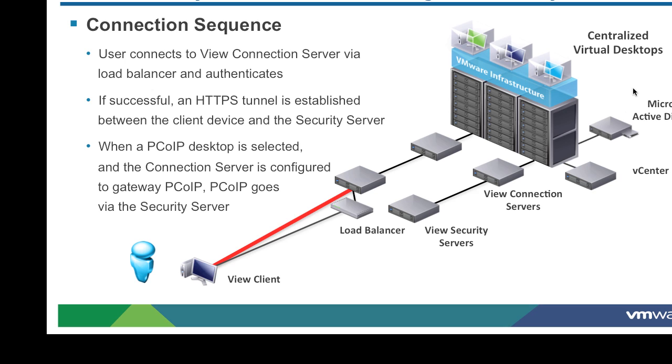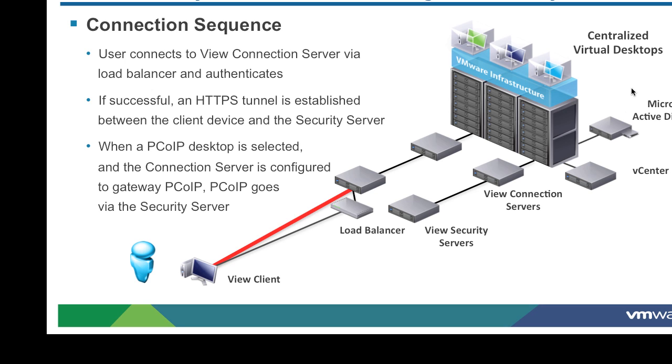Okay, so when a PC over IP desktop is selected and the connection server is configured to gateway PC over IP, then PC over IP goes via the security server. So in order for this to happen, the View client needs to be told the address of the particular security server. With View 4.5 and earlier, the PC over IP destination address was always that of the virtual desktop, but